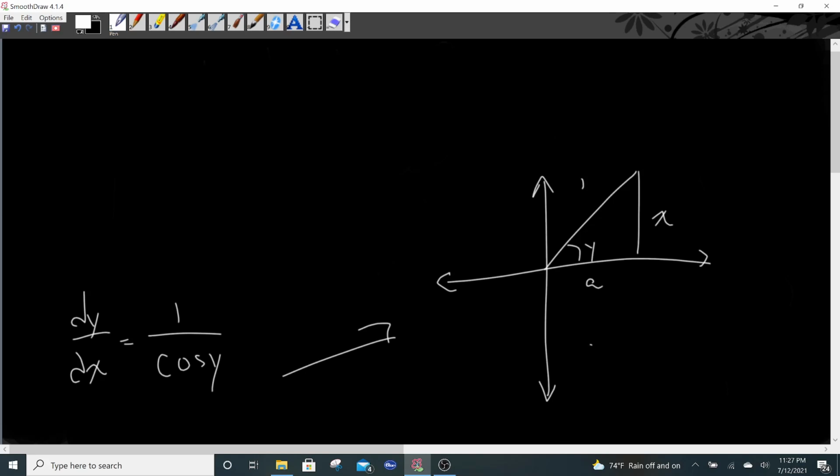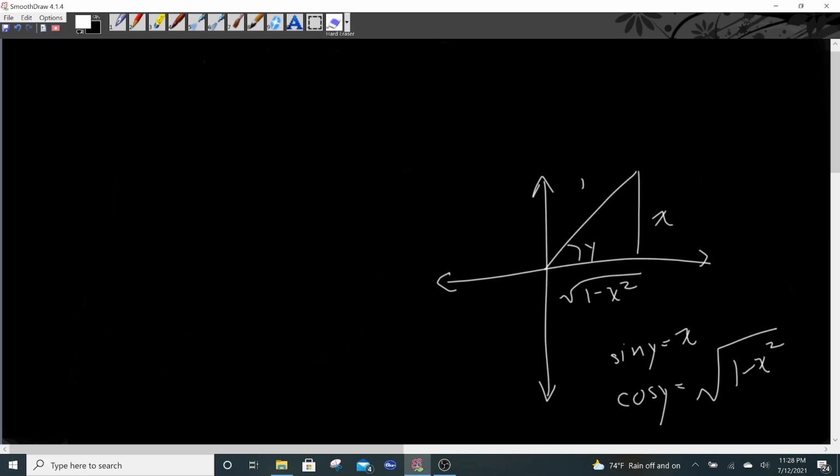So we know that sine y is equal to x, and we know that a is equal to the square root of 1 minus x squared, and we know that sine y is equal to x, so therefore cosine y is equal to the adjacent side over the hypotenuse of the triangle, which in this case is going to be square root of 1 minus x squared over 1, and anything over 1 is just going to be that thing, so we're stuck with the square root of 1 minus x squared,